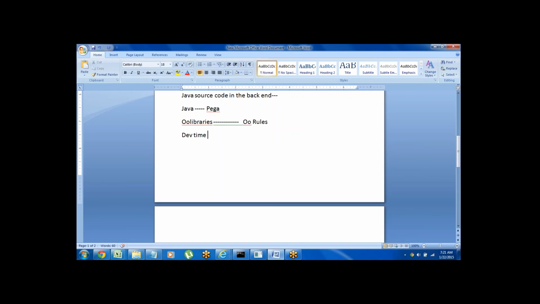For example, development time and cost: if Java takes 2 years, in Pega we can complete it within 1 to 1.5 years. So the development time is very less, and at the same time production cost will also be very less. That is one of the major advantages.